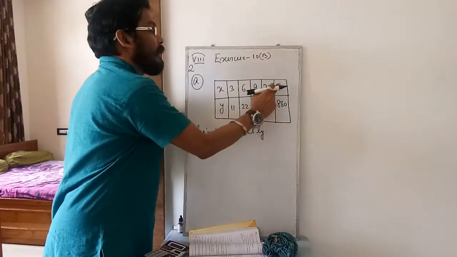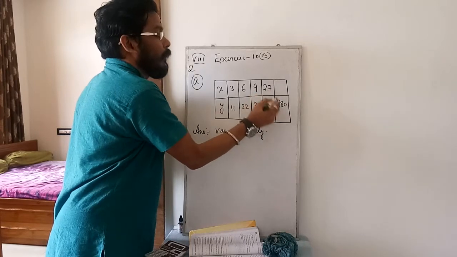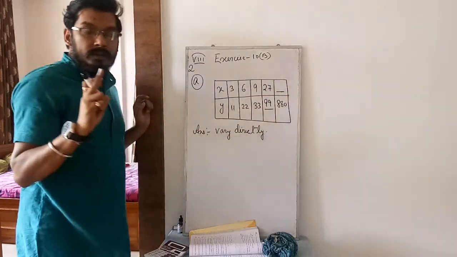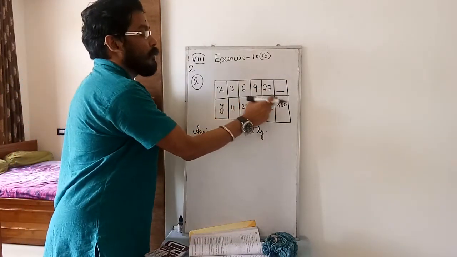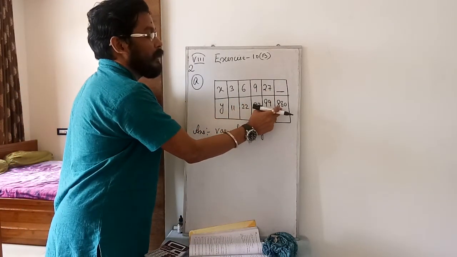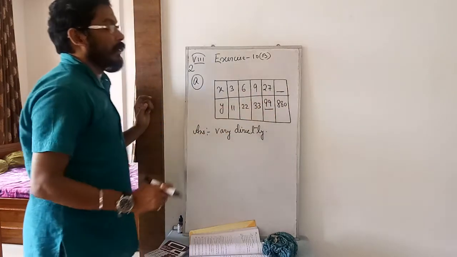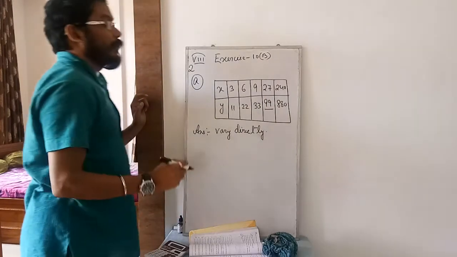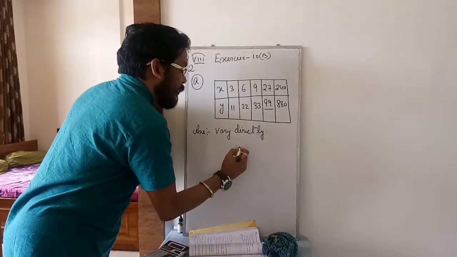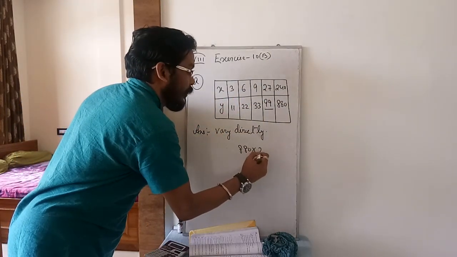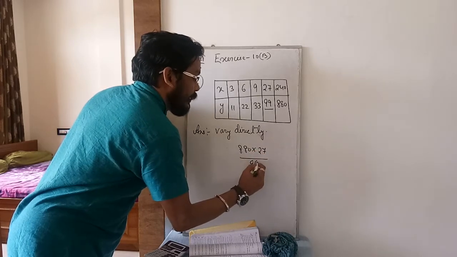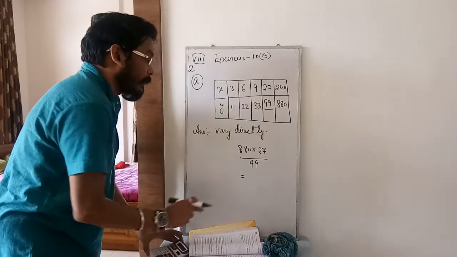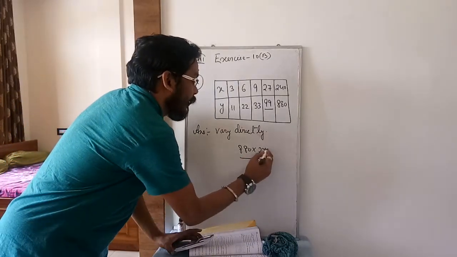Now here it is given 880. You know these two values, and this is single. Here is the blank. So for the one for which you know both the values, you cross multiply these two. 27 into 880 divided by 99 will be 240. I repeat again: 880 into 27 divided by 99. If you do it, how much will it be? 99, 11, 3.